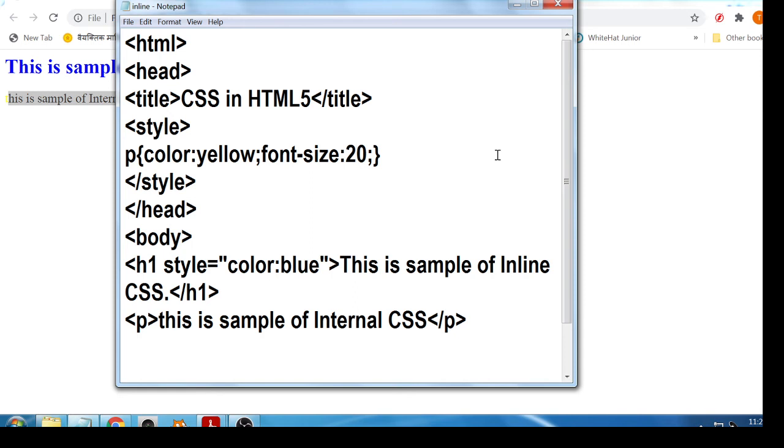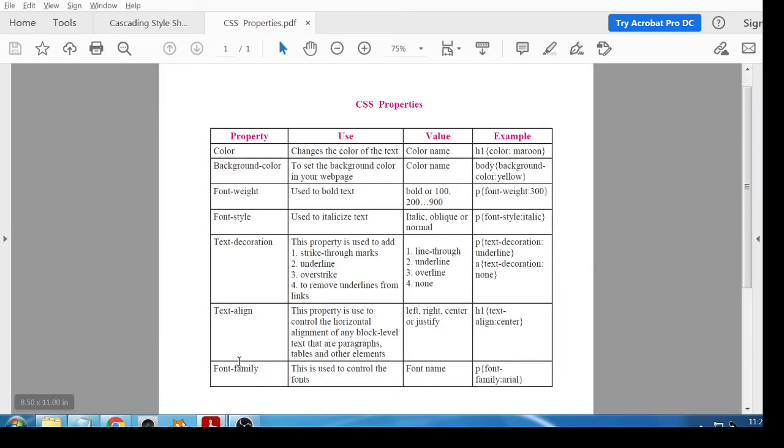Now you can apply other CSS properties, that is we apply here the text decoration. Next one is the text. See here, I will provide all these CSS properties in a PDF.